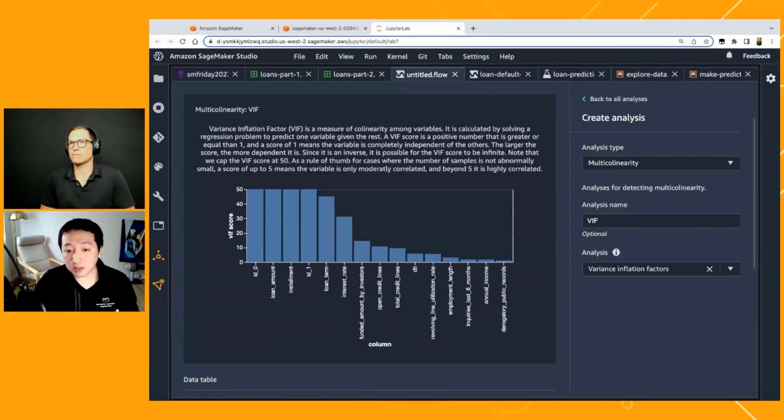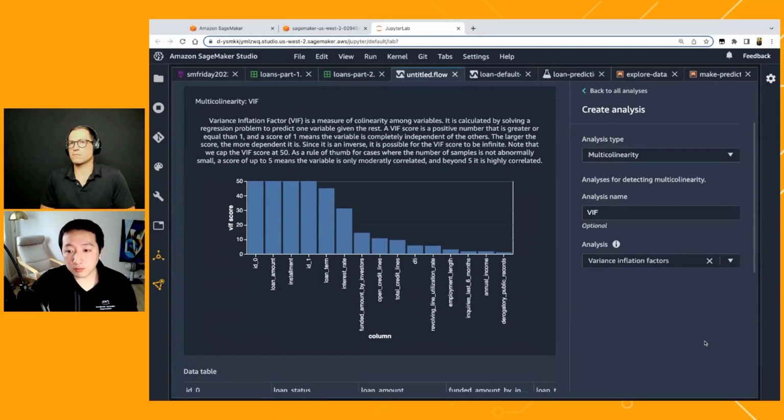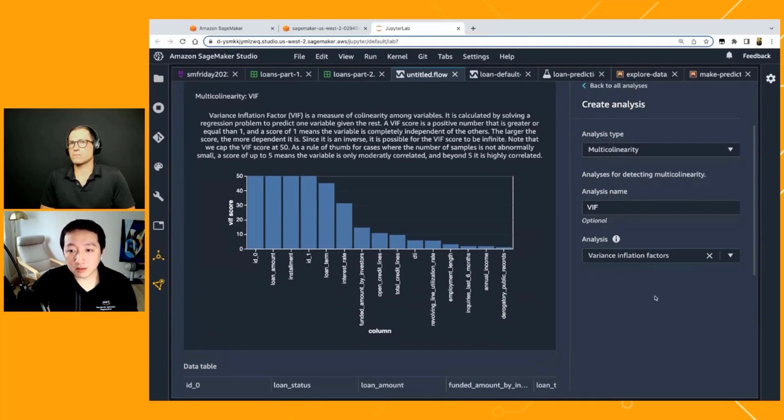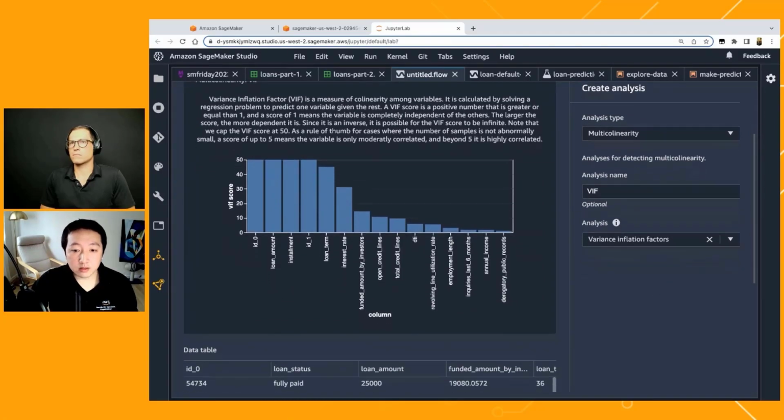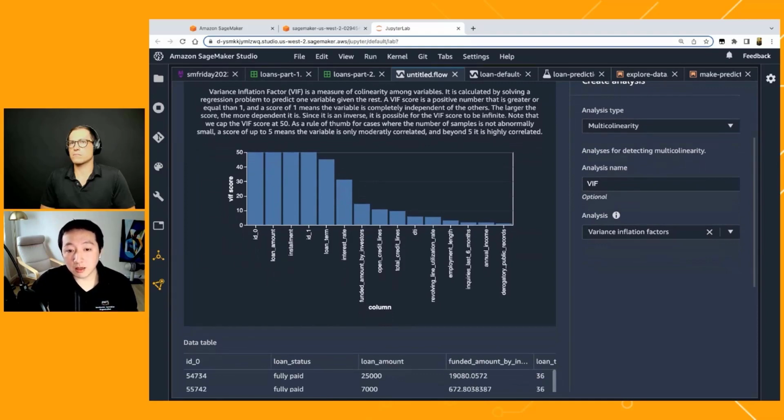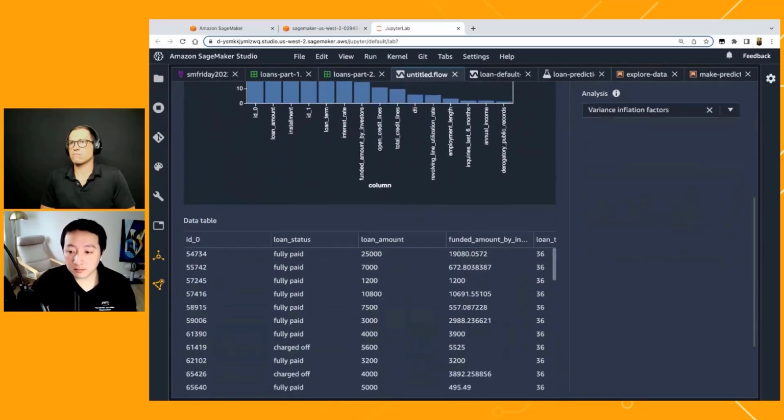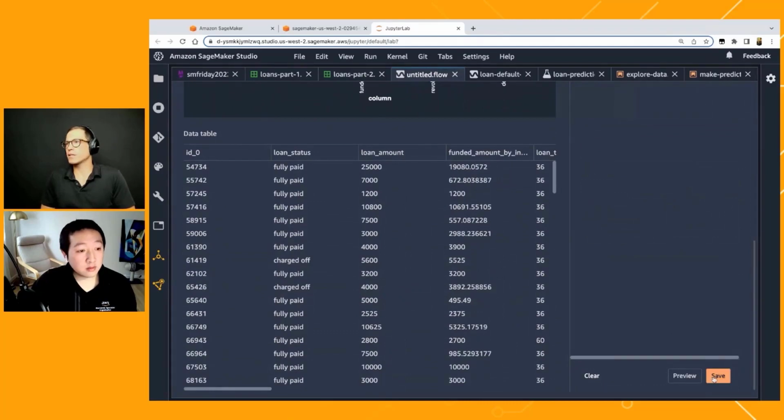So all this information is highly dependent on each other, and also provides similar information. That's what this multicollinearity analysis is providing us, and we can quickly confirm our intuitions. That's really great. That's perfect.